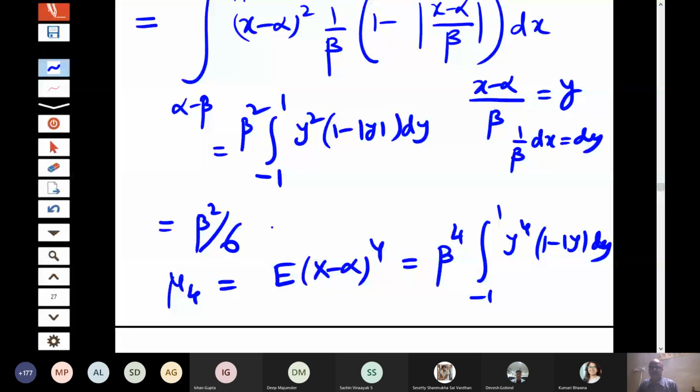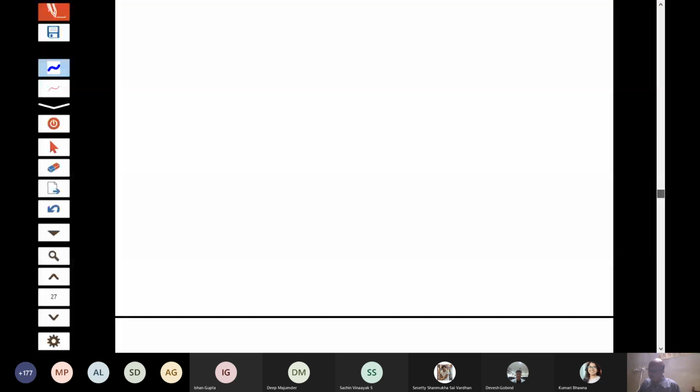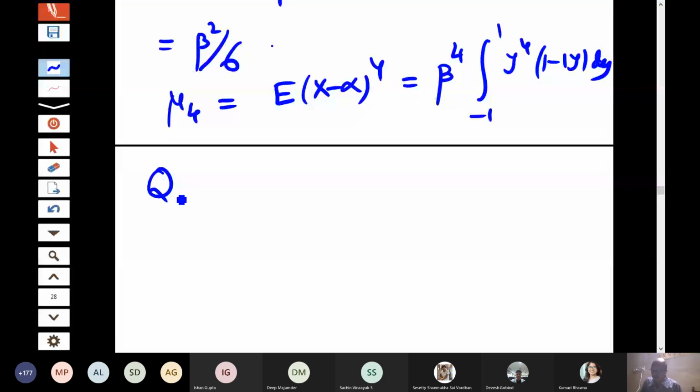So here x is less than alpha, so it will become (alpha minus x) by beta dx. So that value you will put there. So you can check your calculation. It will become q1 is equal to alpha plus beta into 1 minus 1 by root 2. And you will get